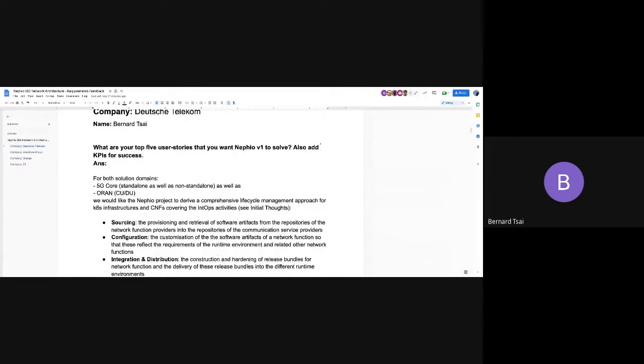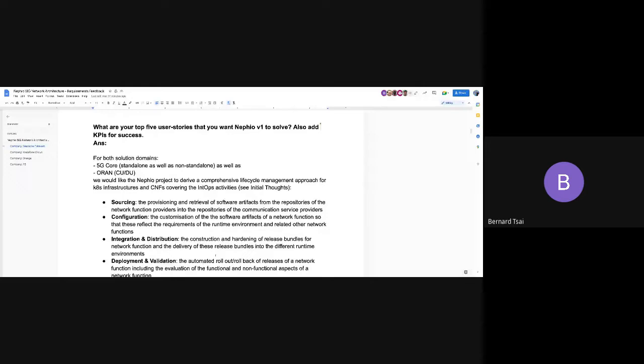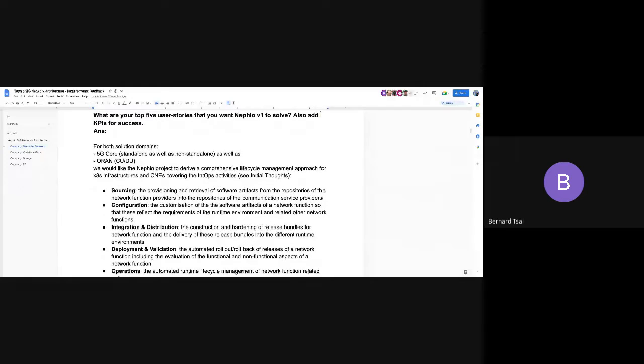How would we then package those software artifacts and distribute them to the various runtime environments, be it edge locations, core locations, etc. Then, if we've got those repositories filled up with all those release bundles, we would want a consistent way of deploying those solutions and validating that the solution is okay from a functional and possibly also non-functional perspective.